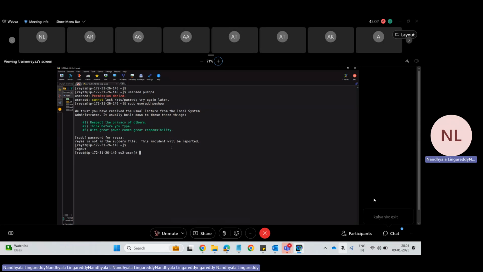And I'm in which user now? Root user. So now what do I need to do? I need to open which file? Sudo file. So there is a command called visudo. Yes, Kalyan, you can use that also. So here I'm using which one? Visudo. If you hit enter,